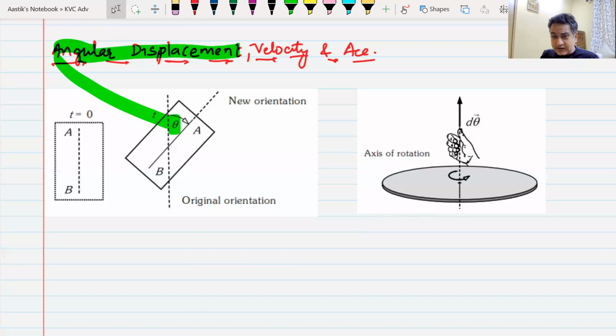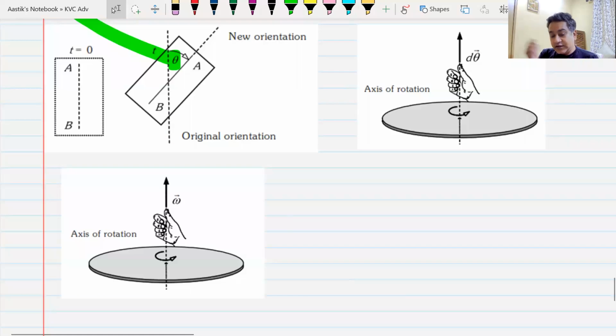Now I told you that all these angular quantities are axial vectors. Did I tell you that? Yes or no? So bodies rotate on an axis. These are axial vectors. If it's rotating like this, the displacement would be like this, and your angular velocity would be like this. Do we understand this? Yes, sir. I hope you are understanding the meaning. The same terms will come here, the terms that came in circular motion. Now, instead of a point moving, an entire body is moving. Do we understand this? Yes, sir.